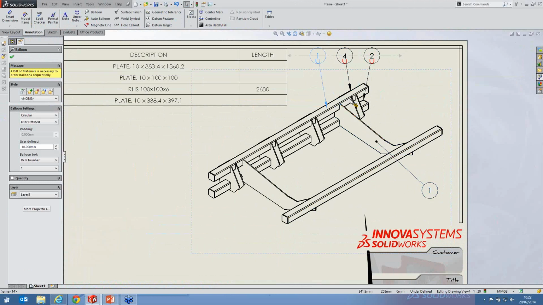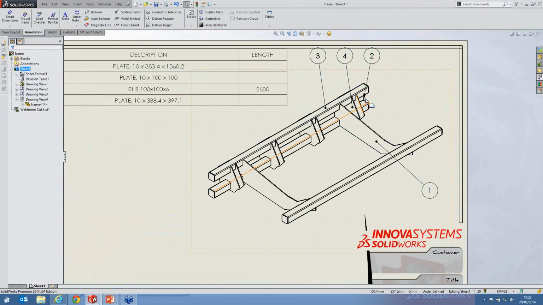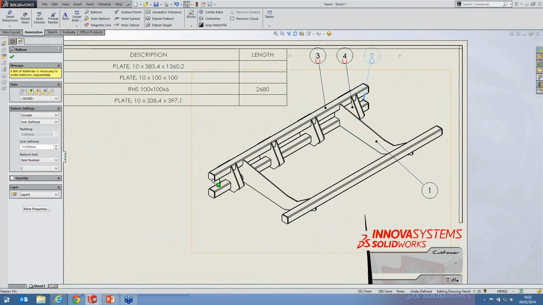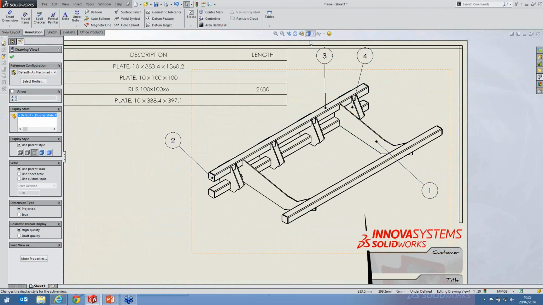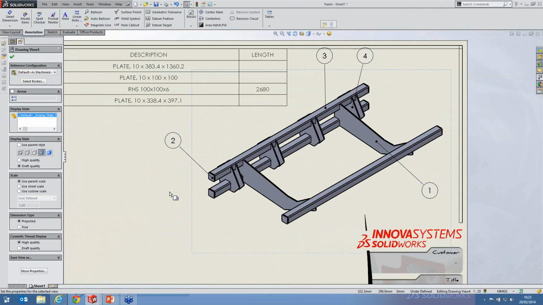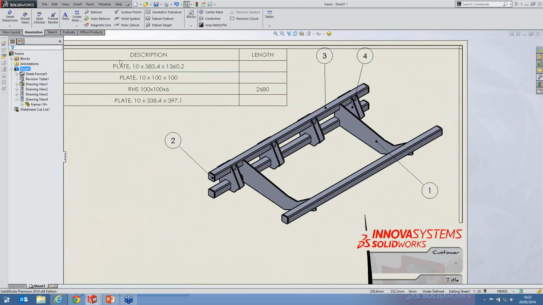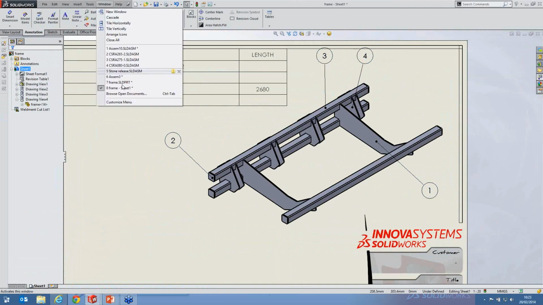So these balloons are directly linked to the table that we've already inserted. So we might want to move that one just over to this side view here just so we can see that in a little bit more detail. We can also show that in colour, for example, as well if we wanted to. We may want to be a little bit more realistic with our colouring, so if we just return to our